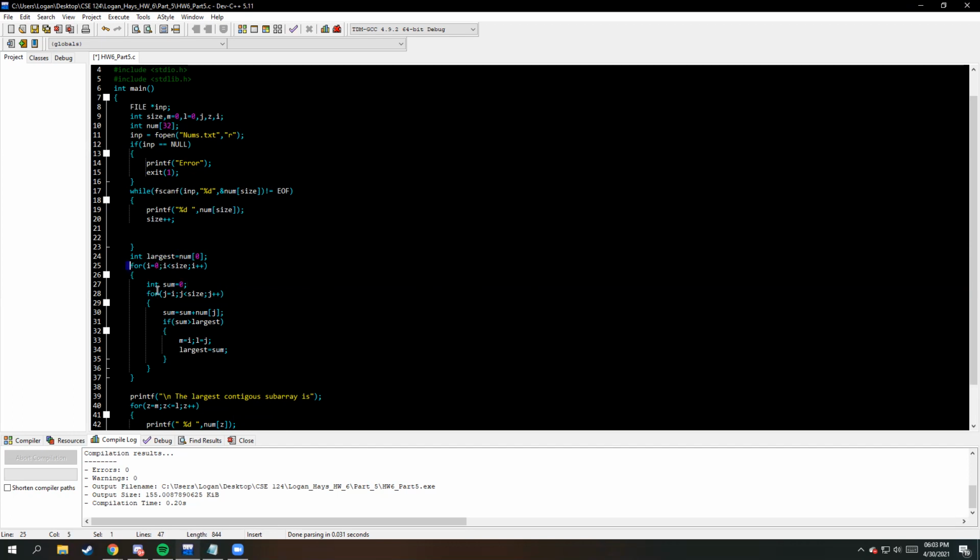And then inside this for loop, we have another for loop that goes again through the array. And you add to sum itself and the next number. And then if that sum is greater than the largest value that you had, or whatever this changes to, then you're going to set these values to